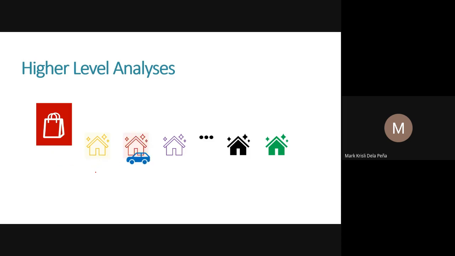So the driver will have to go back to the shop, then go to another house, and back to the shop, and so on and so forth until he arrives at the last house, then goes back to the shop. So what do you think is the distance that the driver traveled in delivering all of the